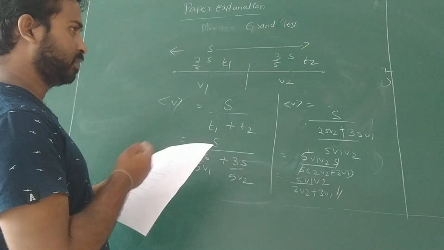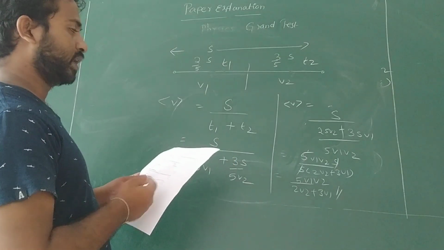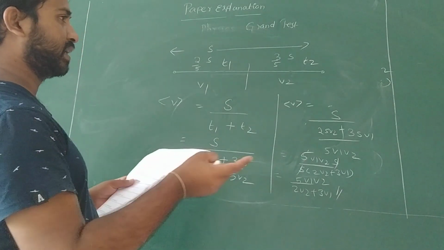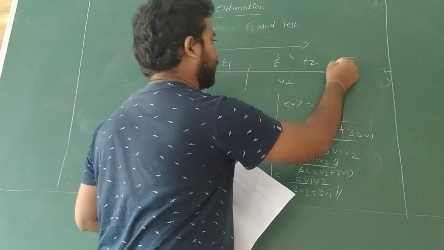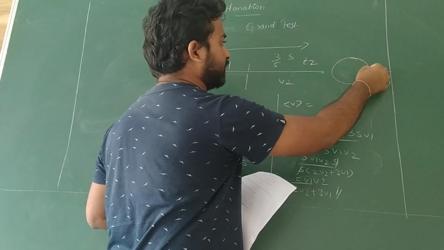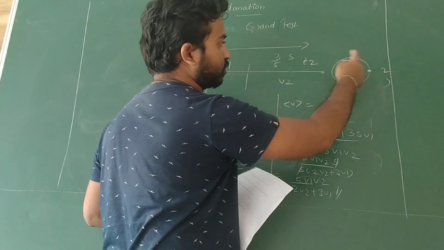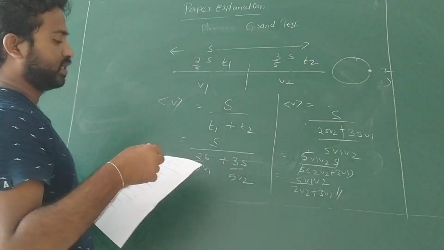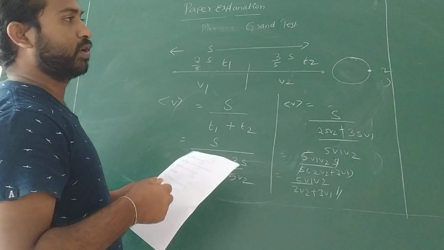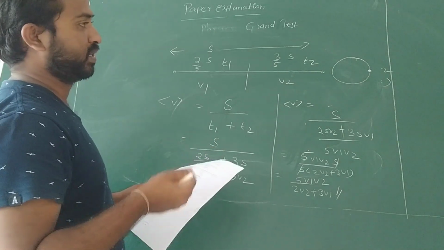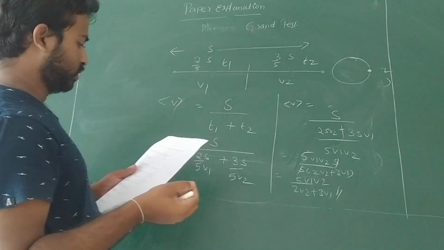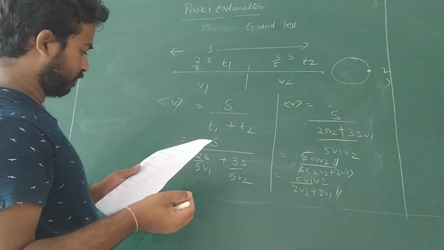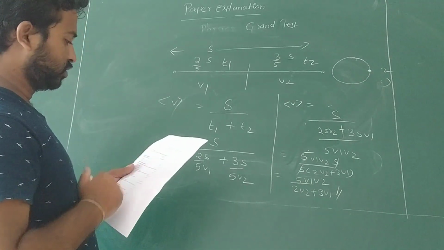Again he comes back, it means again he comes to the original position. So the particle travels a total journey, and after the end of the journey it comes to the initial position, which means the total displacement covered by the particle will be 0. So total displacement will be 0 means the average velocity is also 0. Why? Because average velocity is nothing but displacement by time, and 0 by time is nothing but 0 only. So the answer for 14 is option D, which is 0.